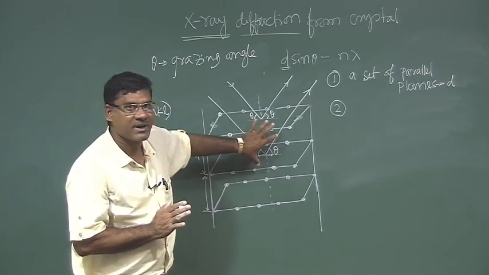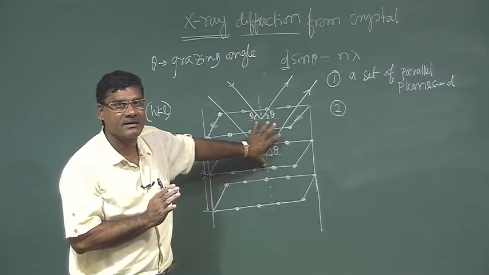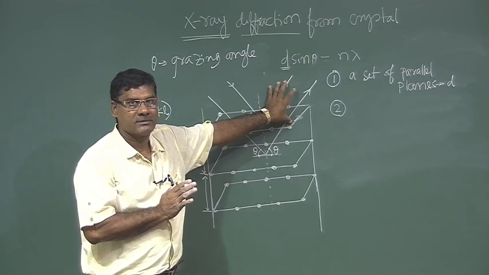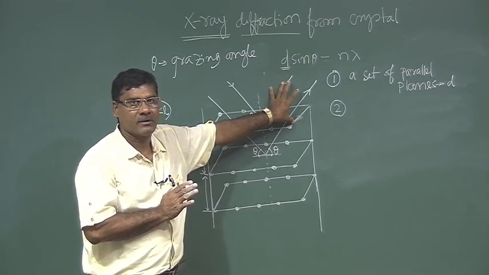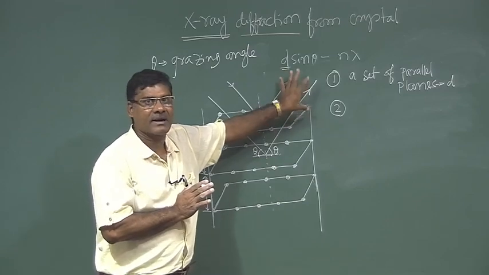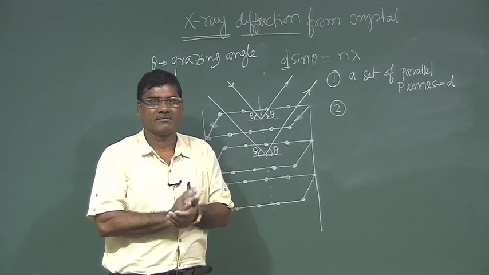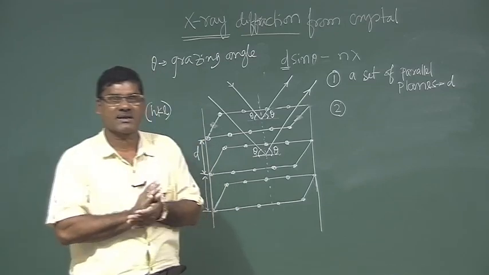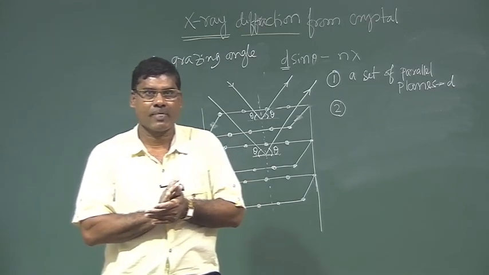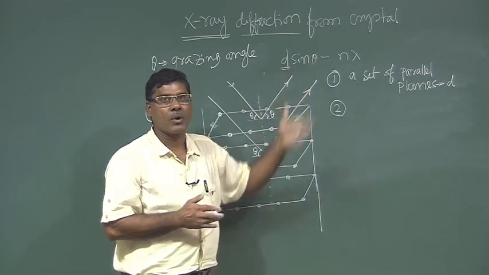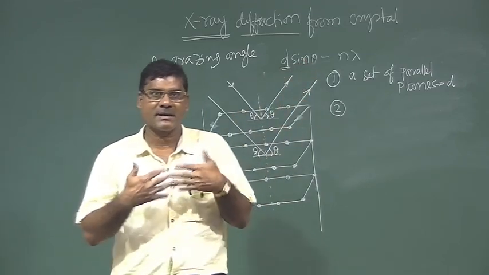So, here it is fixed that they will reflect in such a way that these reflected rays will interfere constructively. That is the assumption, the main assumption. That is why I told you this is a model. So, if they consider this,